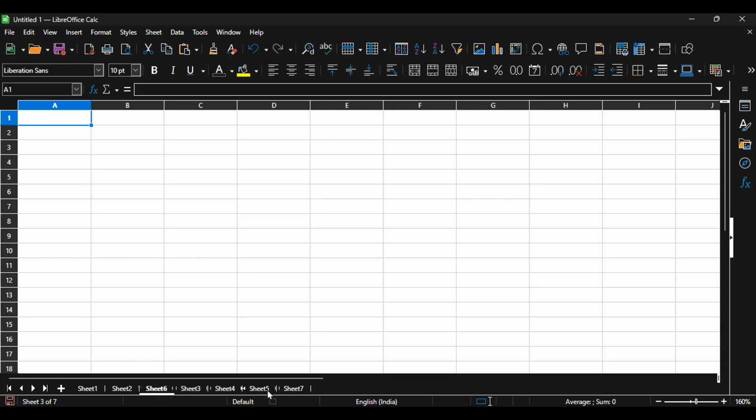You can repeat this process anytime you need more sheets, and each new sheet will appear right alongside your existing tabs at the bottom. If you want, you can also rename the sheet later by right-clicking the tab, but for now, the main thing to remember is that the plus button is the quickest way to insert a new sheet